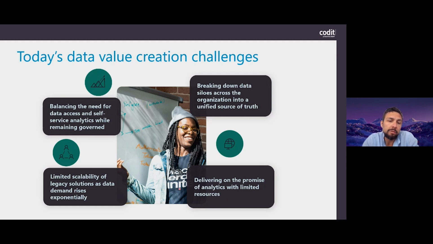That's also what we see in the market a little bit: different departments within an organization try to do something by themselves, not steered from the organization completely, which then creates data silos, so that every part of the organization is doing something with a piece of the data, but it's not shared across the organization.